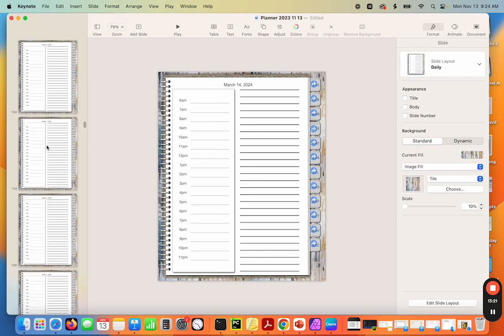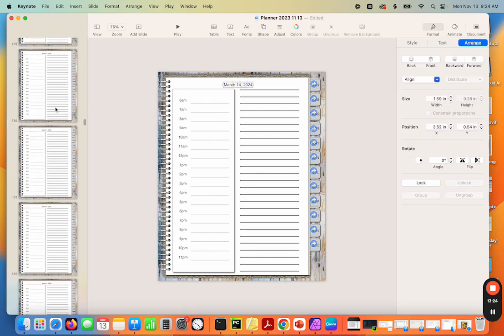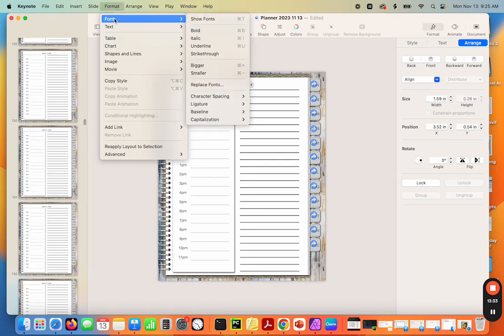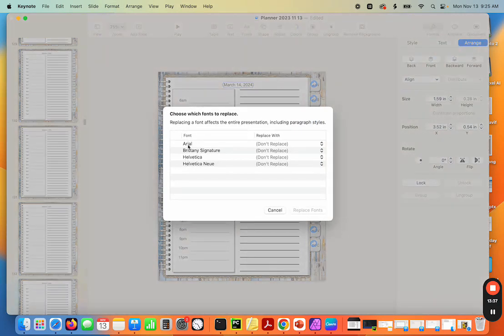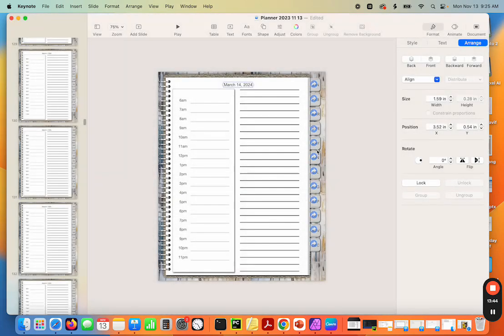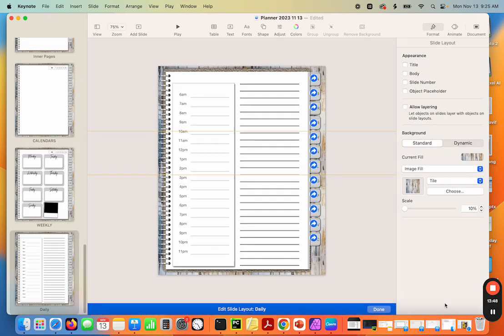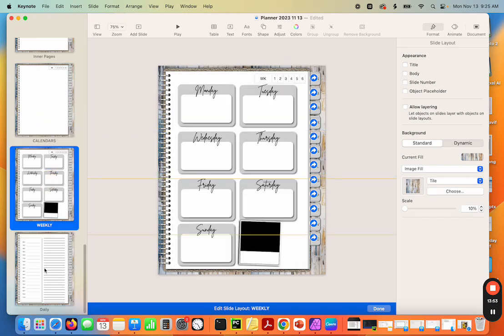planner, pretty much done. So if you wanted to, you could change the font across your entire planner. The way you do that in Keynote is just come up here to font and then replace fonts. And then you will see that the Arial font is used on all of the tabs. So of course, I wouldn't go in here and change my tab colors as well, but